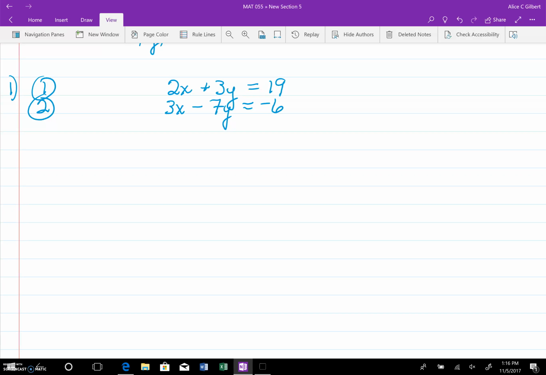And again, as you well know, I like to keep my numbers small. So even though I'm going to have to manipulate with a negative on the x, one of them at least, I will go with the x's because the number is way smaller than the y's. So what I have to do now, I'm going to start with equation 1. What do I need to do to get the 2x to be 6x? Well, I need to multiply by 3. So I put a little 3 next to it,